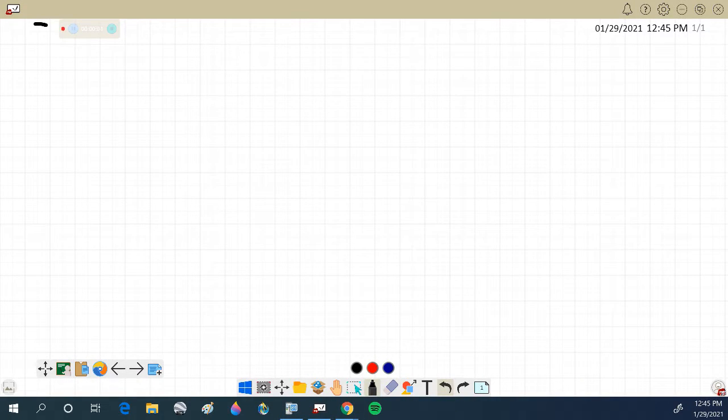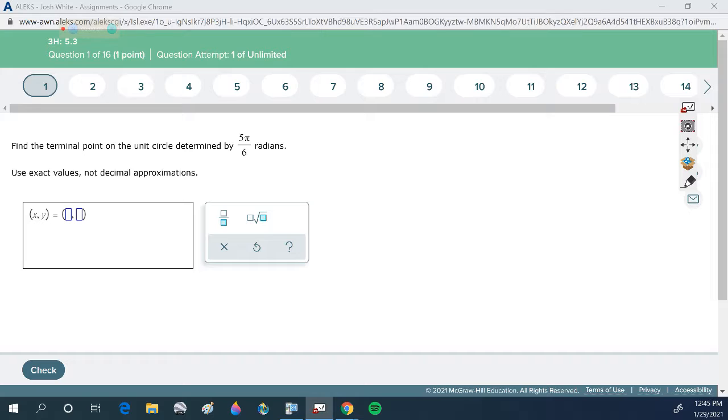We are working on trigonometry. So, this first one says, find the terminal point on the unit circle determined by 5 pi divided by the square root of 6. All of these unit circle problems are going to be based on one of two